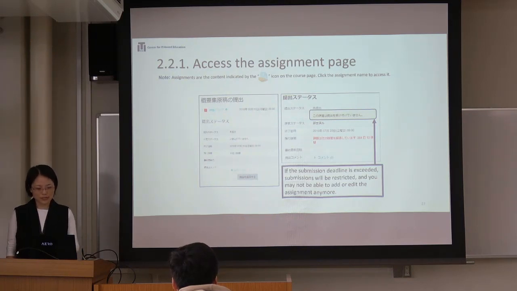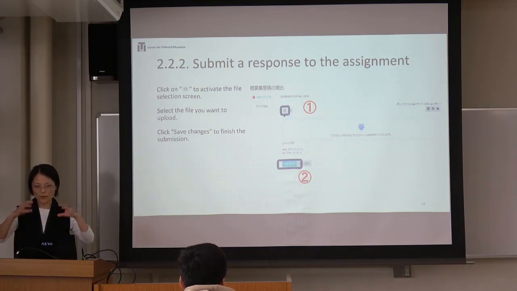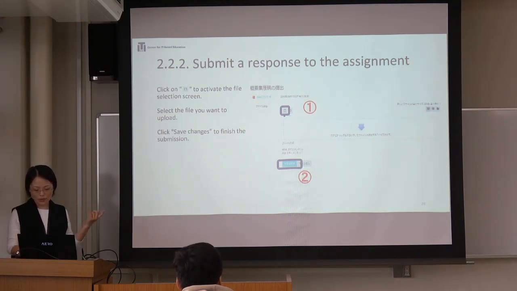And then you just click the button here to submit the assignment using the format required by the teacher. And you will see an interface like this, allowing you to submit a file from your local disk, okay? So if you select that file icon, it will open this pop-up window to allow you to select a file from your local disk. And then after you upload it, you select the blue button to save it. That's how you submit the assignment. Quite easy,